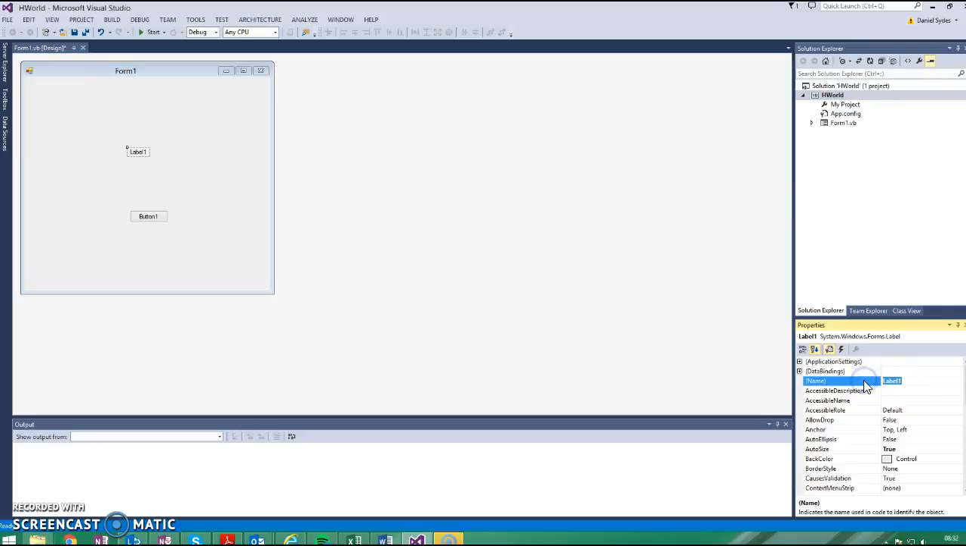So I'm going to call this one LBL Message, LBL for Label, and Message because it's going to display a message. I'm going to call my button BTN Go, because that button is going to launch the program, so go. I'm also going to change the text. Text and the names are two different things